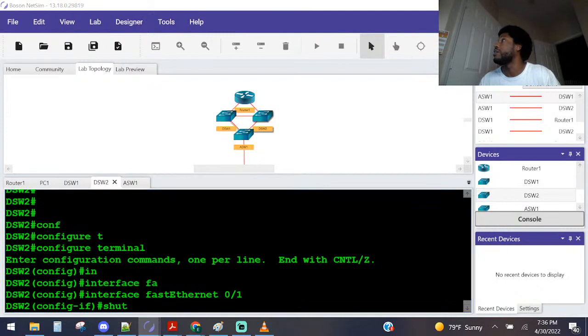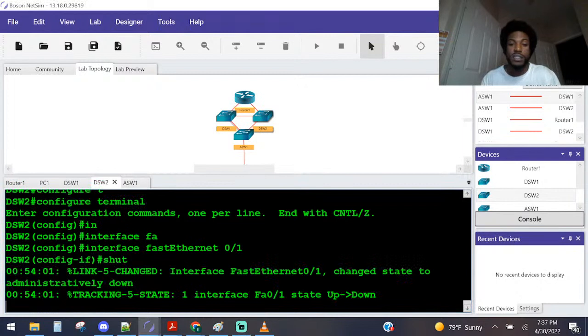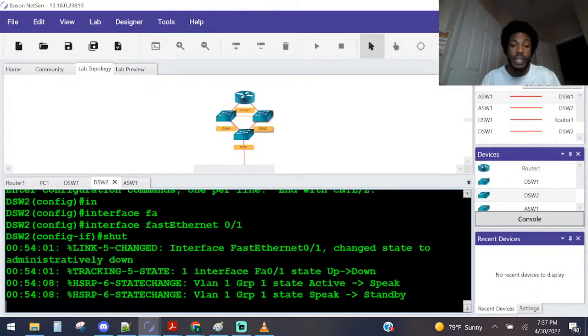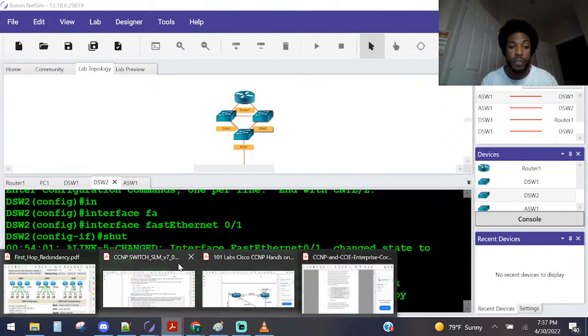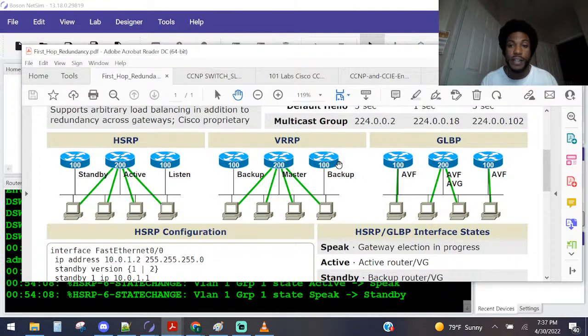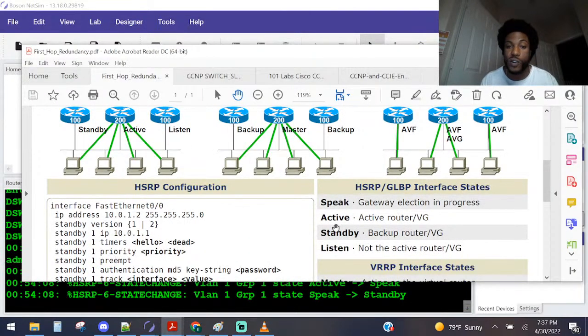What's going to happen? Shut down. We got a tracking state syslog message here. He said, oh, FA0/1 went down. Let's go into standby mode. See, he went from active to speak to standby. Remember the states? Let's bring up that cheat sheet real quick. Where that cheat sheet at? Right here. These are the states for HSRP. It's also for GLBP, but